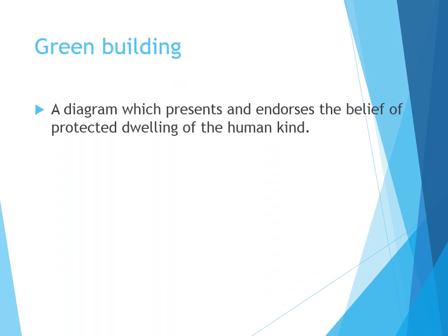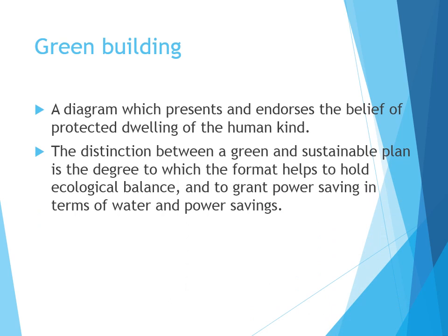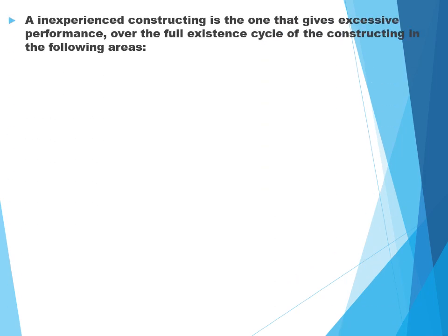Green building. A diagram which presents and endorses the idea of a protected dwelling for humankind. The distinction between green and sustainable design is the degree to which the design helps to maintain ecological balance and to provide savings in terms of water and power. A green building is one that gives high performance over the full life cycle of the building in the following areas: